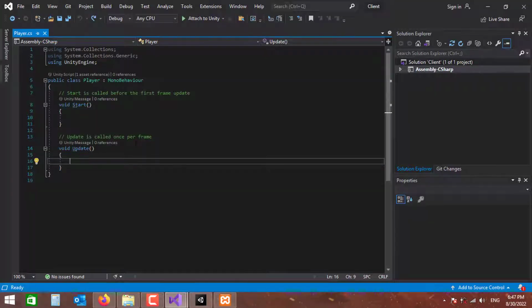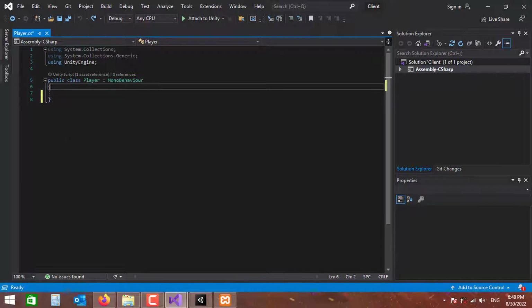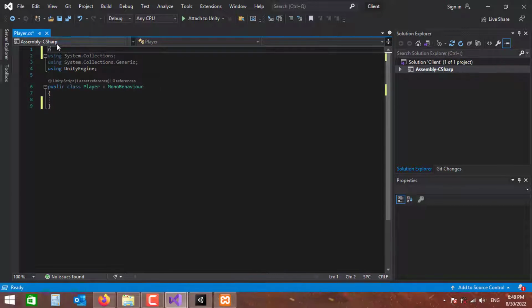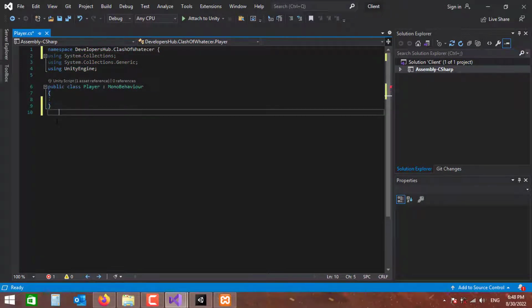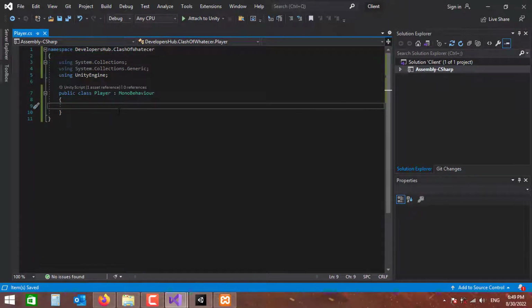Now in the player script, we're gonna handle the majority of the game functions. So let's clear this, and I usually give my scripts a namespace, but you don't have to do that. So when your scene gets loaded, you have an instance of the player in your scene, which means the awake function, and after that the start function, is going to be called. Let's go and create the start function,